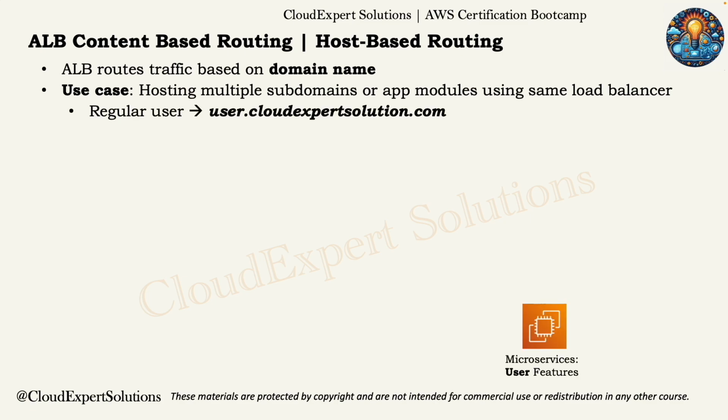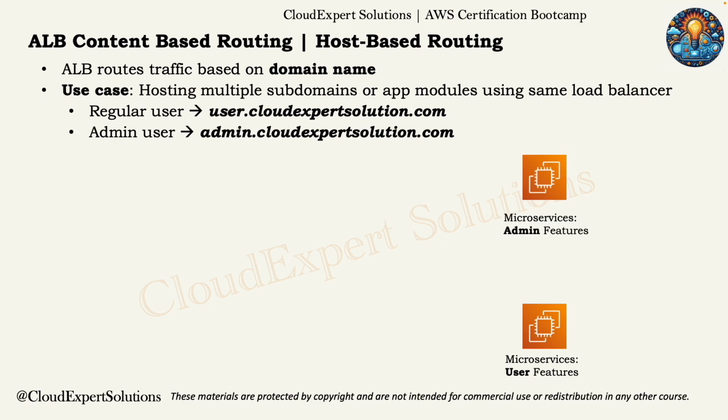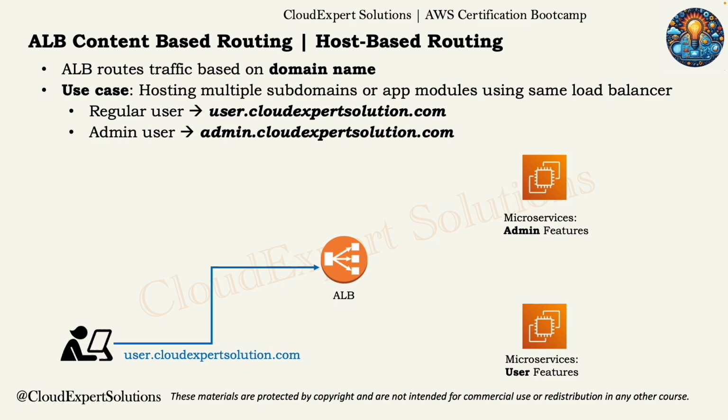Let's assume for your regular users, your application domain name is user.cloudexpertsolution.com and you have a backend microservice maybe hosted in EC2 to serve that feature or to serve the regular users. You also have a module to handle admin users, and admin users can access all the administrative features using admin.cloudexpertsolutions.com. Now if you have an application load balancer in front of both the microservices, when request will come from